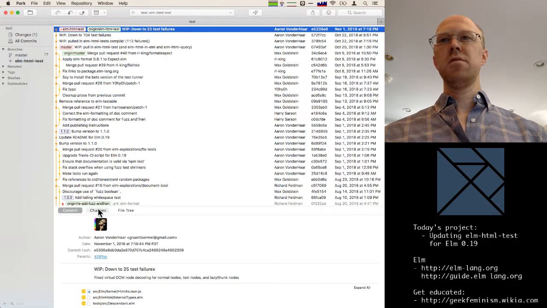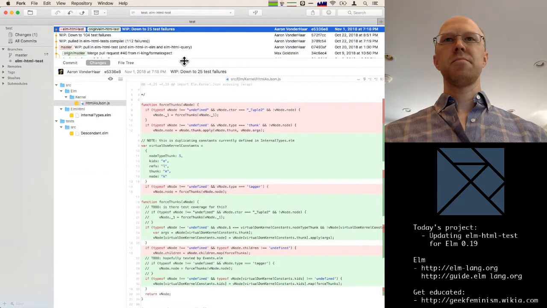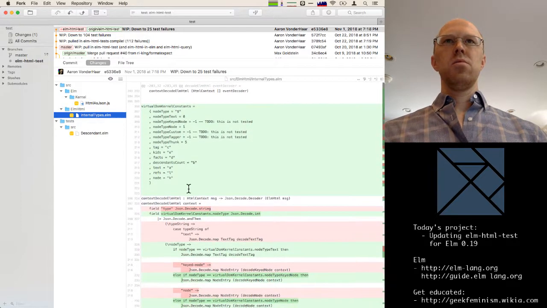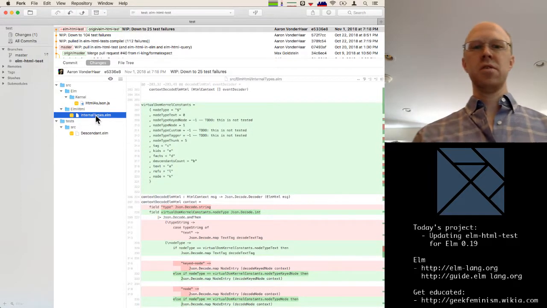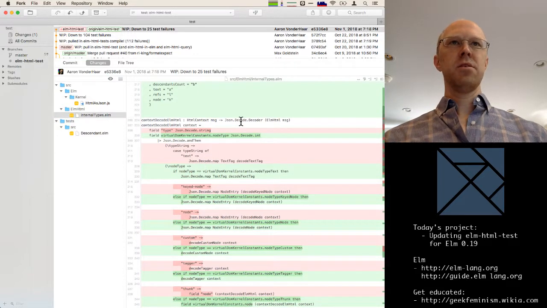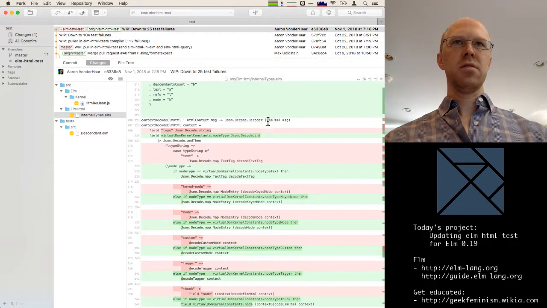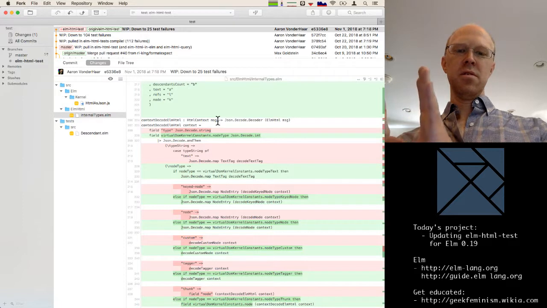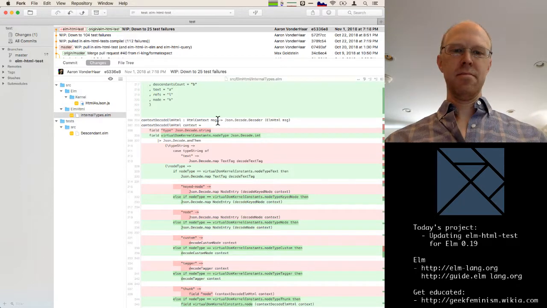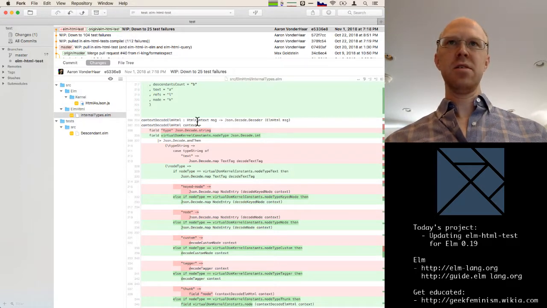In this previous commit, we basically have this internal types module, and there's a bunch of JSON decoders. So the way this all works is there's some native code that can turn virtual DOM values into a JSON representation essentially.